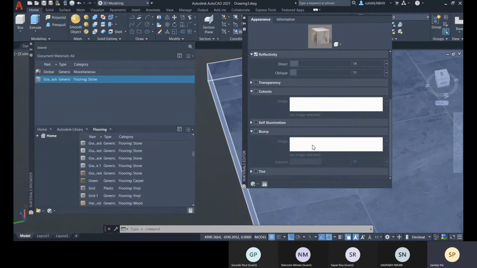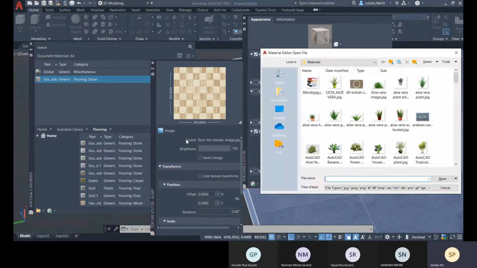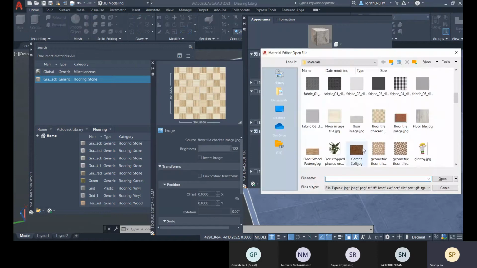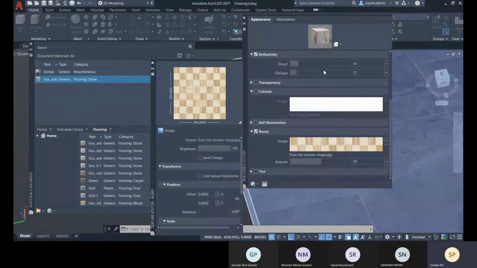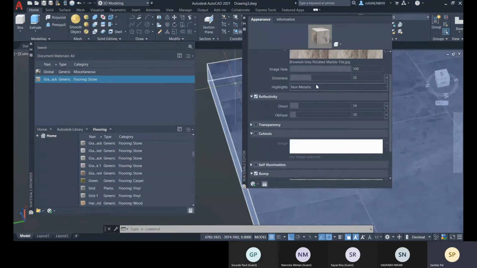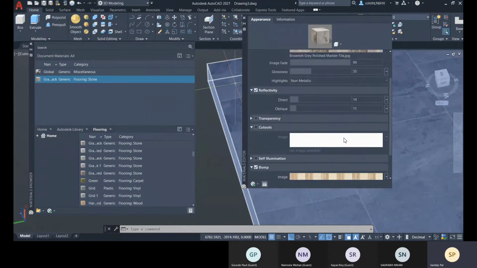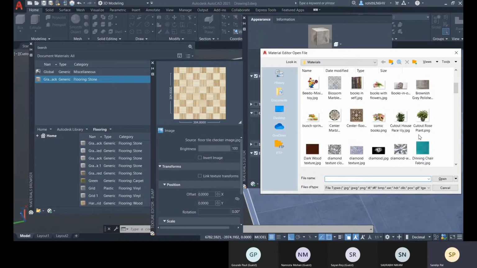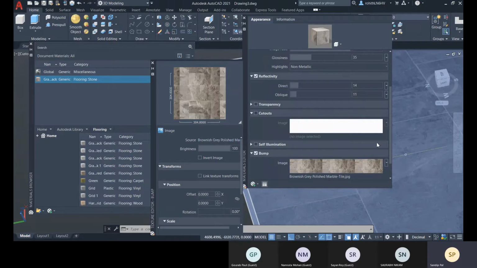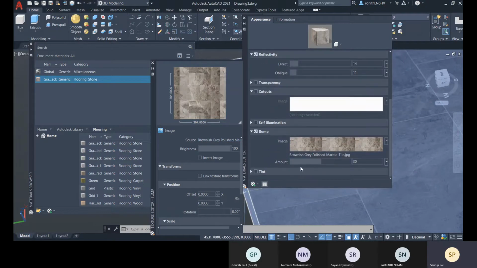Or else, according to that same option you have selected, according to this, you can give the bump effect.